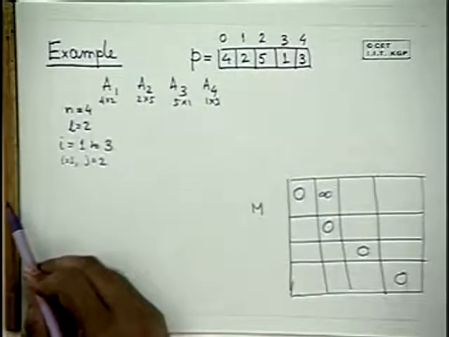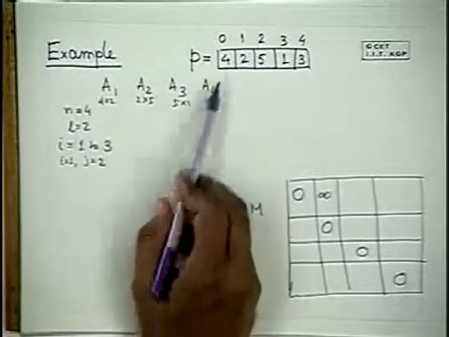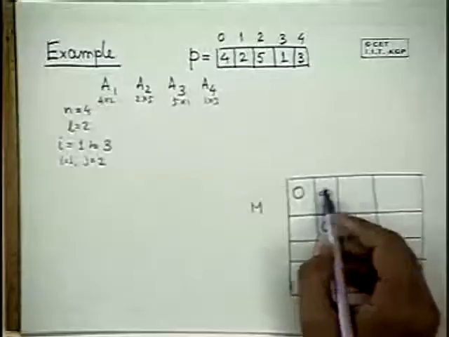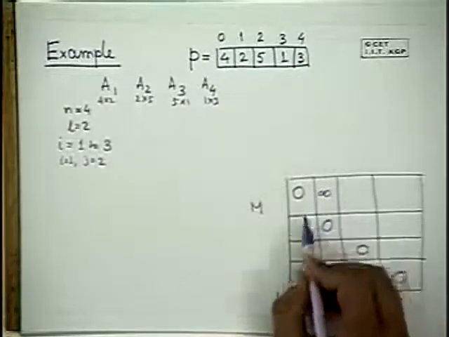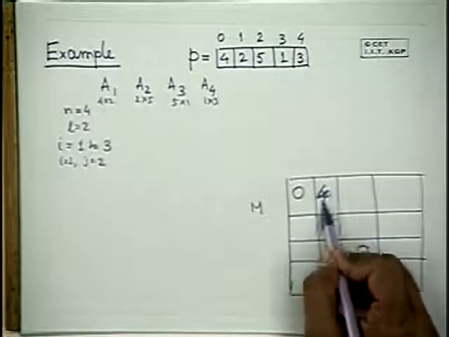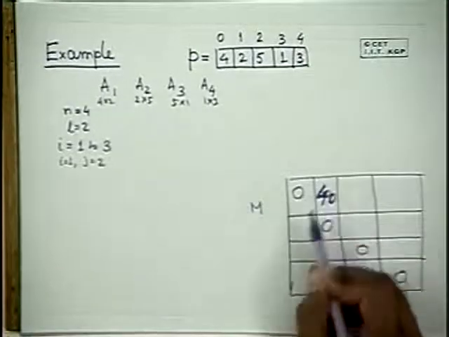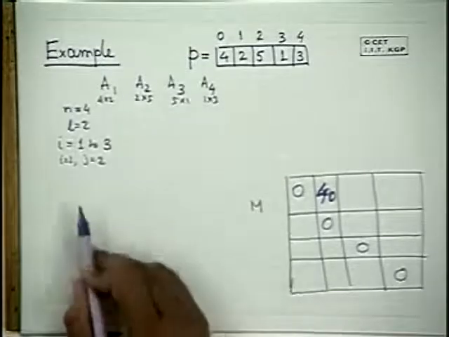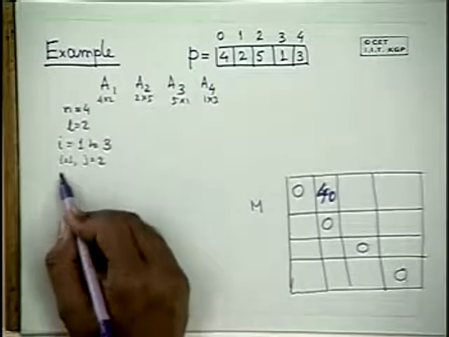What is that? That is 4 times 2 times 5, which is 40. So basically that step is taking the first two matrices together and seeing the total multiplications required. So M12 is 40. And you can see if mult is less than Mij, that will update this infinity to 40. This will get a value of 40. Okay, so that is I equal to 1.